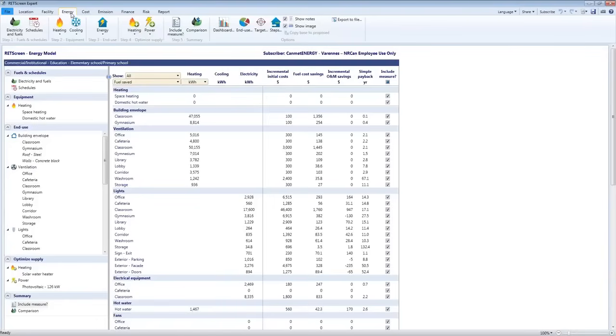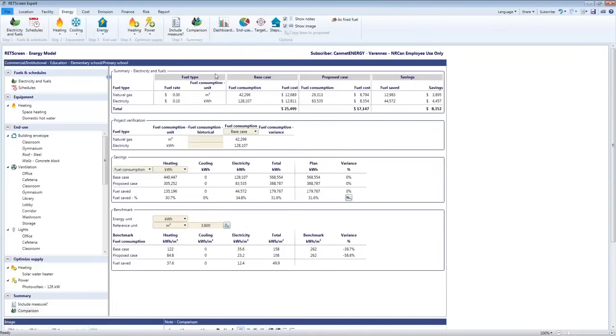We have energy efficiency measures, including cost and so on. But what I want to show you is if I go to the comparison section in the menu here, if I click on this comparison, I now get a summary of how the fuels are being used in my building. And specifically, if I show you this middle section here where it says savings, you'll see that we list the fuel consumption in kilowatt hours for the base case and proposed case, and we break it down by how that